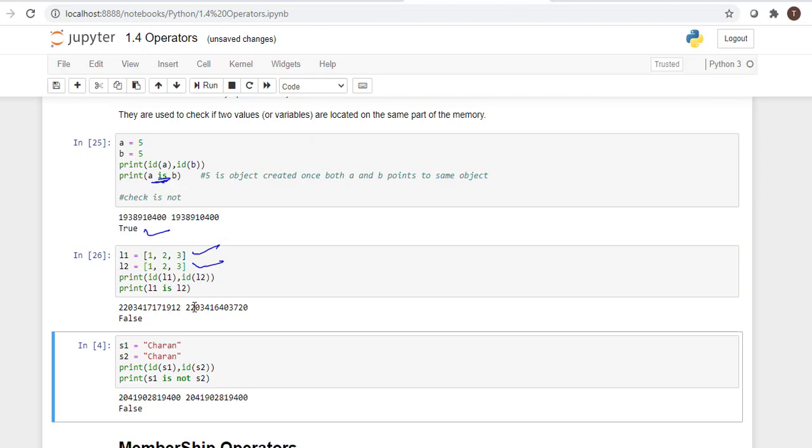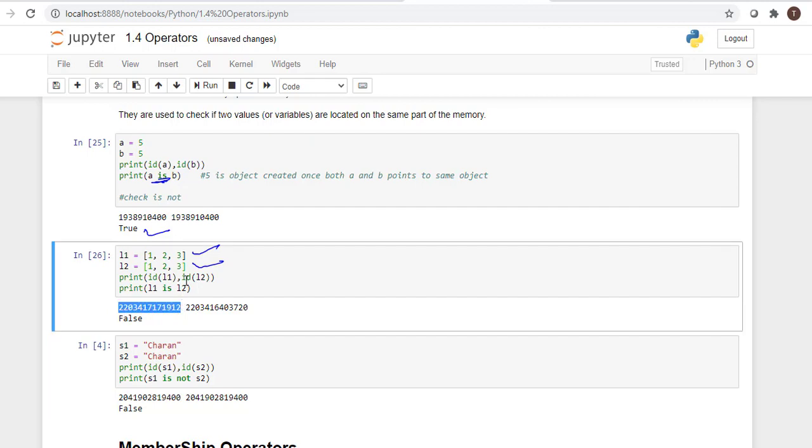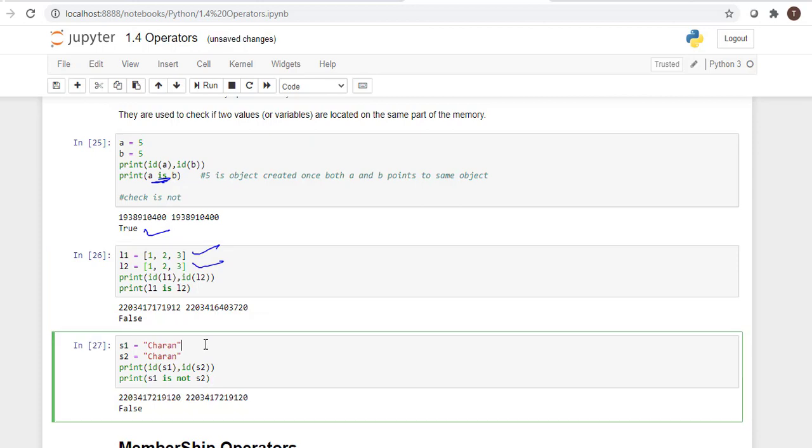So the ID of L1 is from this memory address, and the ID of L2 is from another memory address. They are stored separately, so both are not sharing the same memory. That's because most sequences do not share the same memory, even if the values are the same. Here S1 and S2 are strings. We check the memory addresses of S1 and S2.